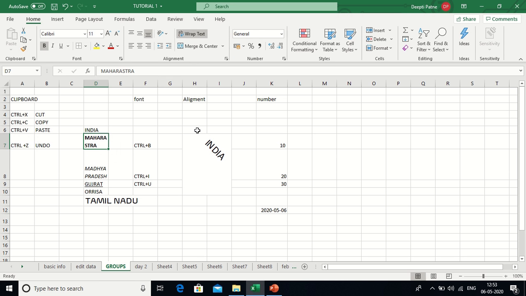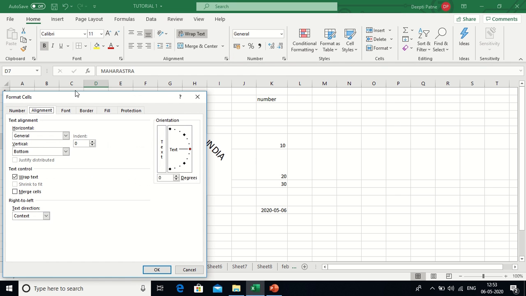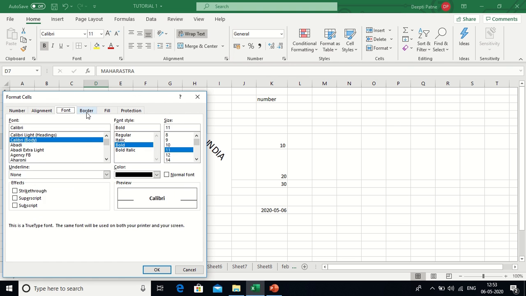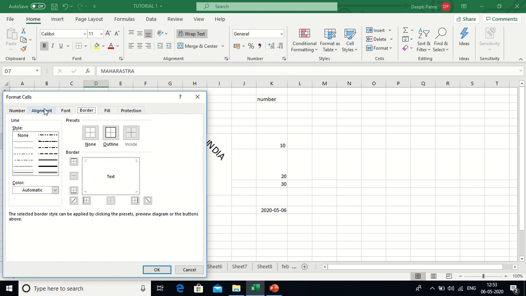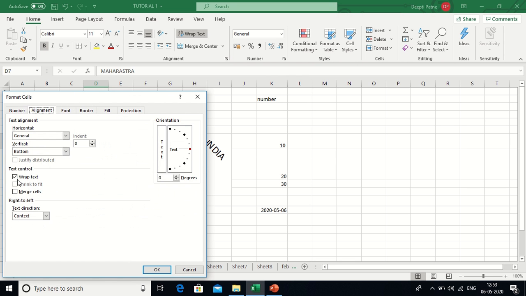There is another method of doing that, that is by clicking this arrow, the alignment setting. Once you click on it, you will find that similar groups are there except the clipboard, that is number, alignment, font, border. These are the options there. So if I go into alignment, if you want to select wrap text, you can select it.